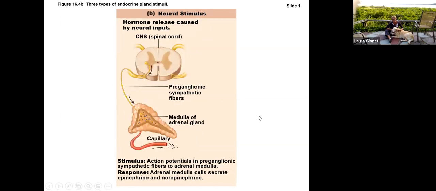Using the neural stimulus, as I explained before, this will be using the sympathetic nervous system. So maybe go back and review autonomic nervous system. That sympathetic outflow is from the thoracolumbar region. And 1, if not 2 of those neurons are going to travel immediately to the adrenal medulla to release epinephrine and norepinephrine into the bloodstream. Remember, and that is going to be one of the methods where we can target all kinds of tissues that we don't necessarily have that post-ganglionic neuron terminating on, releasing a neurotransmitter. We can now affect all these different blood vessels and areas of the brain and body that don't necessarily have